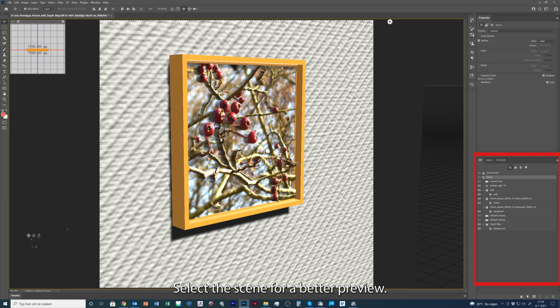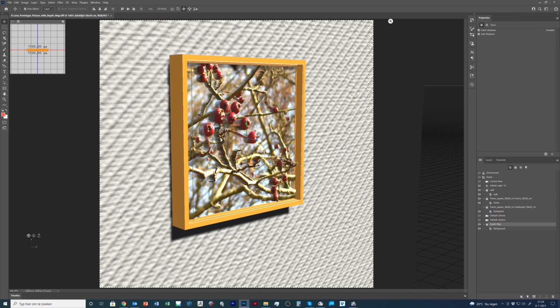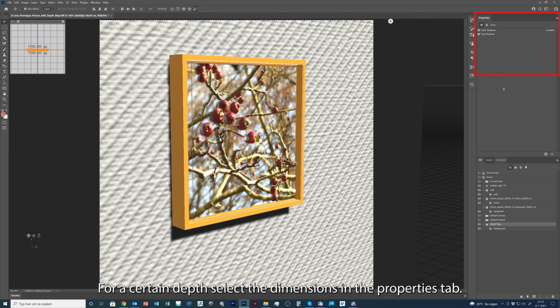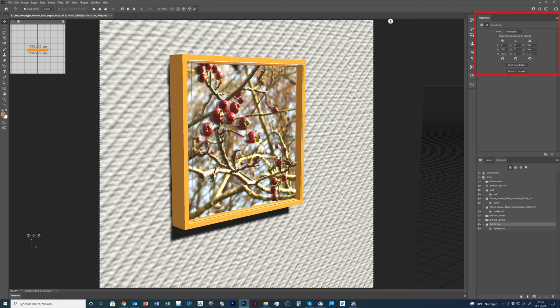Select the scene for a better preview. For a certain depth, select the dimensions in the Properties tab. Click on the small icon to deselect Uniform Scaling.